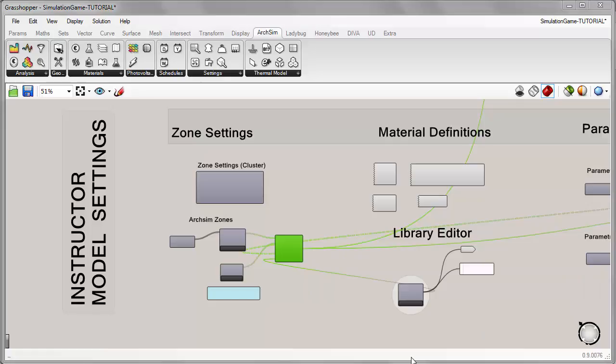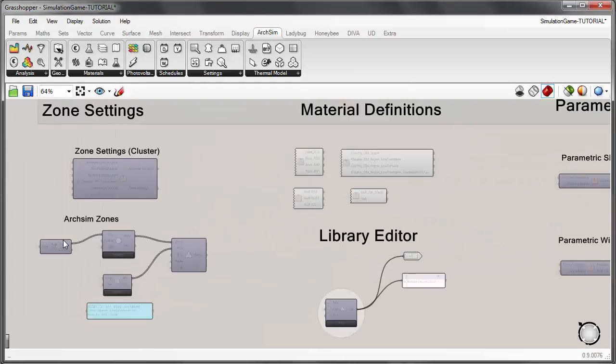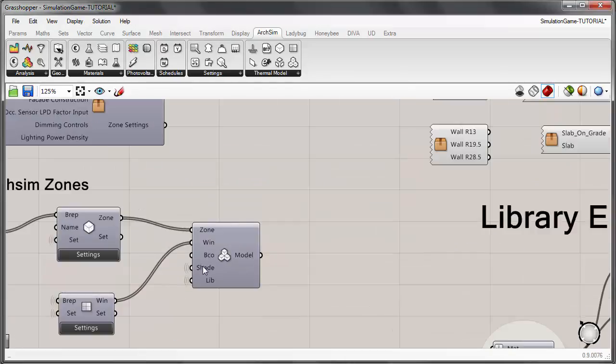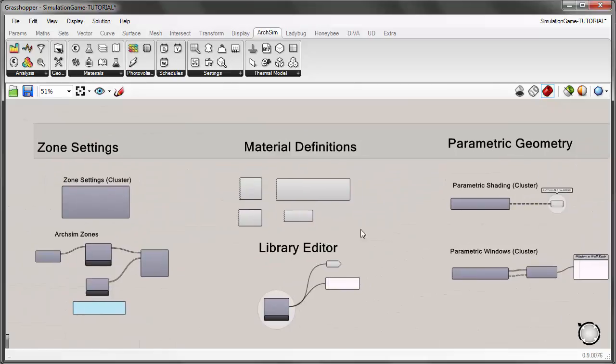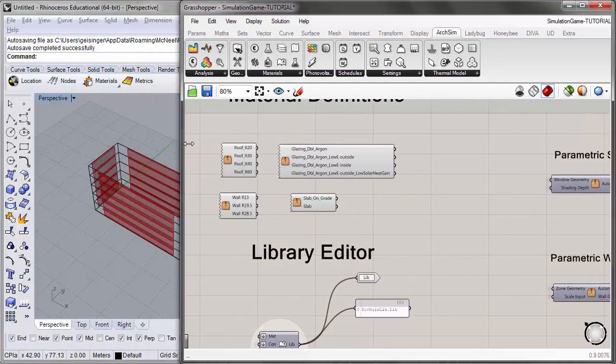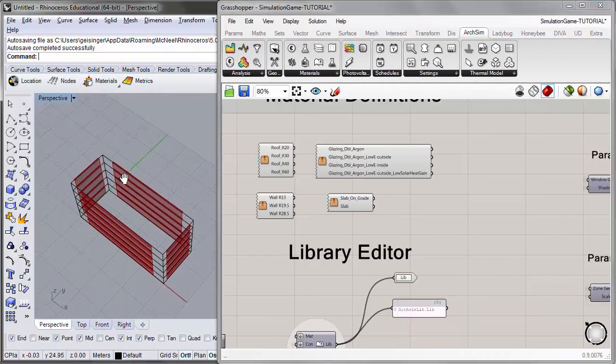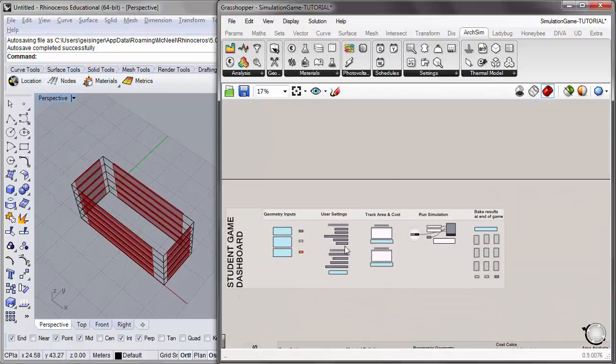So next we'll look at the parametric geometry that I mentioned that actually controls the window and shading geometry that we see in our Rhino model when we select different types of windows or different window to wall ratio and different shading settings. So if I go back to my model again and I go to the user settings, you'll